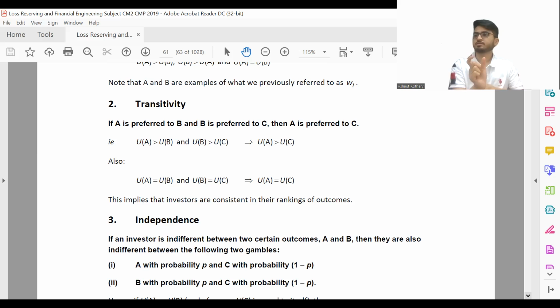Now if I take the first scenario where outcome A occurs with probability P and C occurs with probability 1 minus P. Second option, B occurs with probability P, C occurs with probability 1 minus P. In this case, you will still prefer the first option compared to the second option, just because bringing in another choice will not influence the final decision. Mathematically speaking,